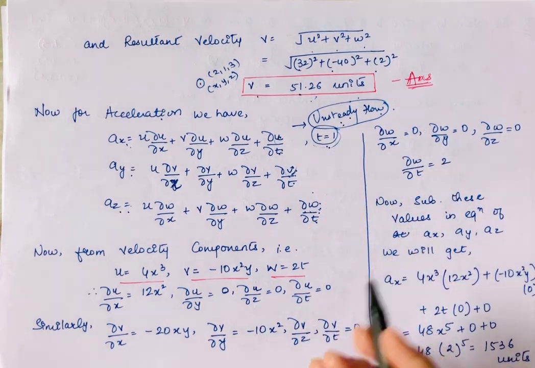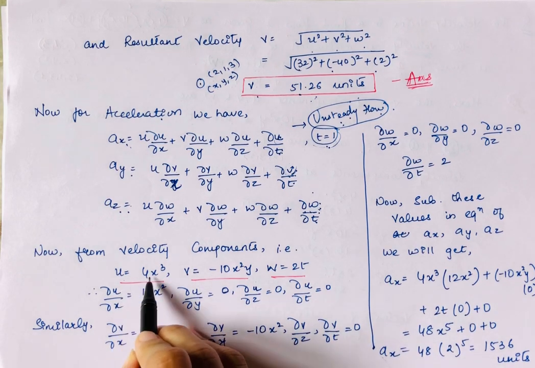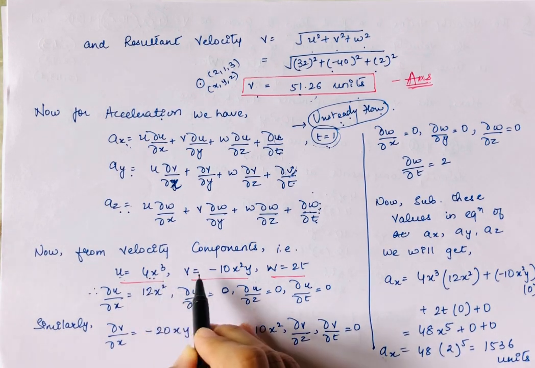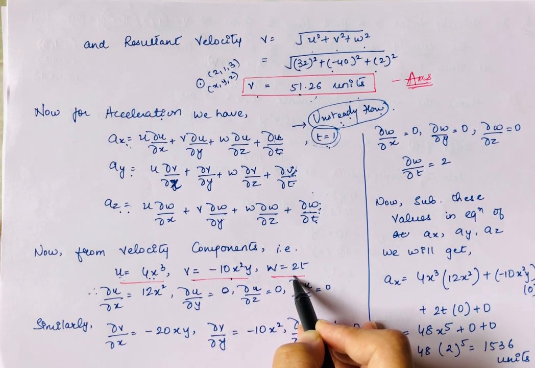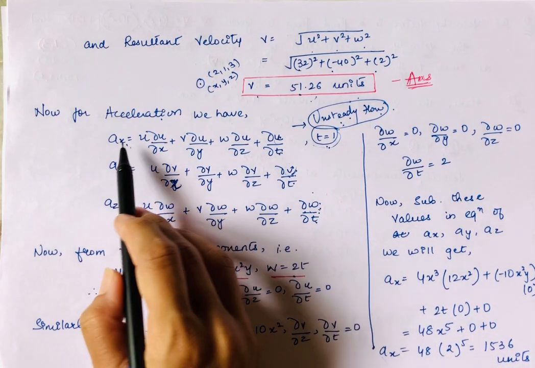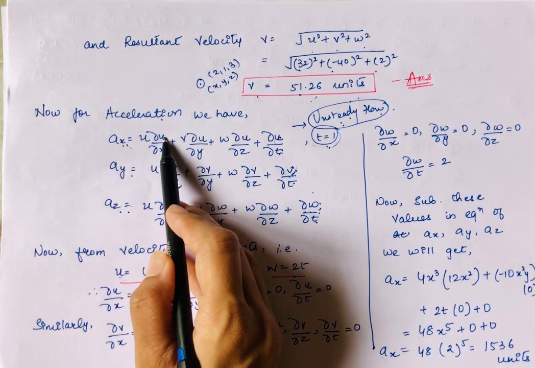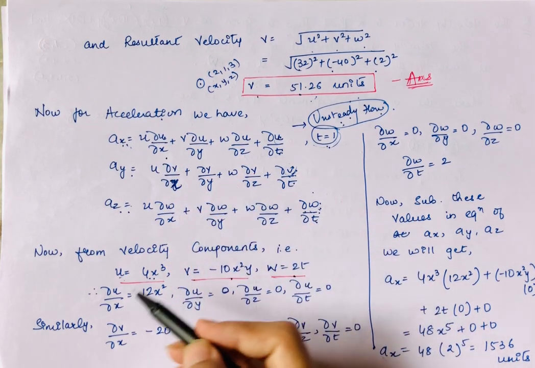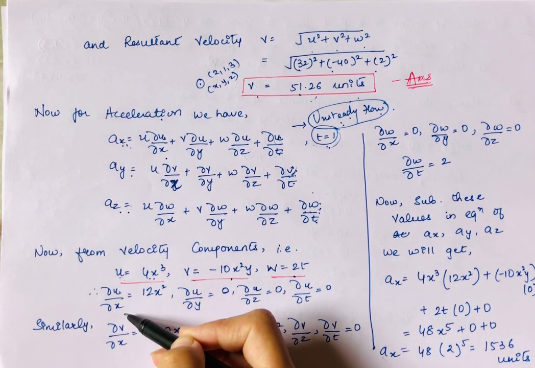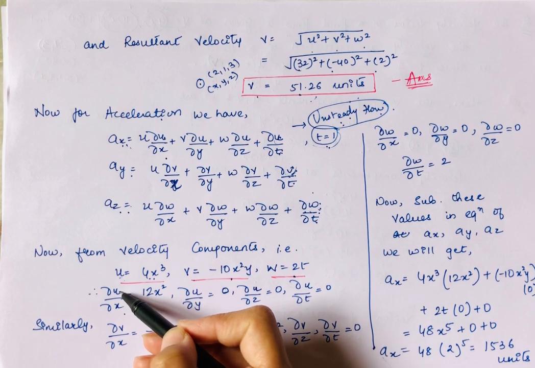Okay, so now again we know u is equal to 4x cube, v is equal to minus 10x square y, and w is equal to 2t. So here, if we take this equation, we need the value of del u by del x. So, deriving the value of del u by del x,